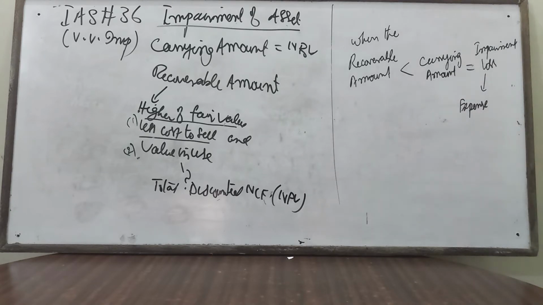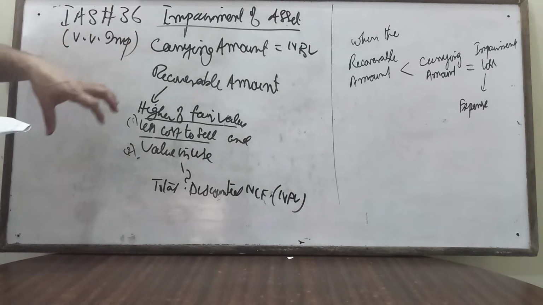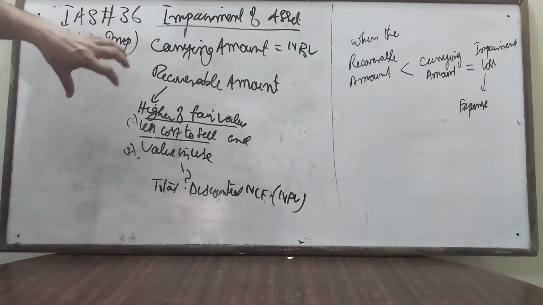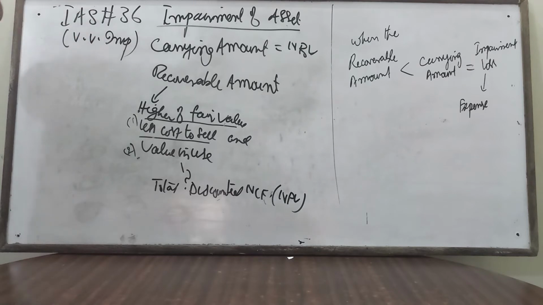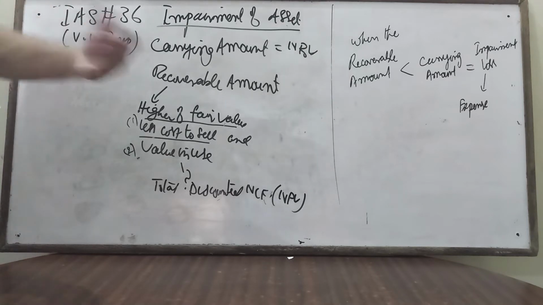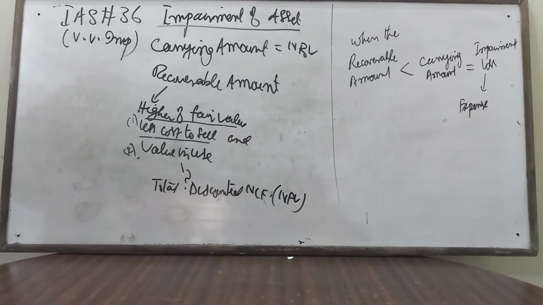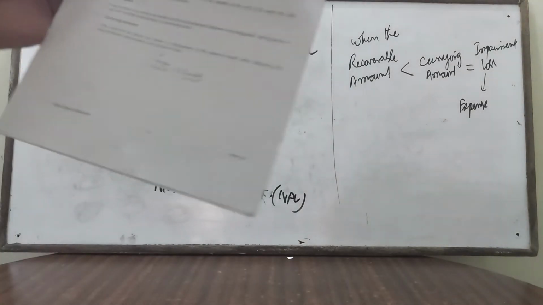In this IAS on impairment, we will consider all the important things for the non-current asset, to bring the non-current asset to its actual value. For that we have to impair the non-current asset. We have to do a detailed verification of the non-current asset, so that it is recorded at its actual value in the balance sheet. This is what impairment means. All definitions are given in these notes, so you read that part.